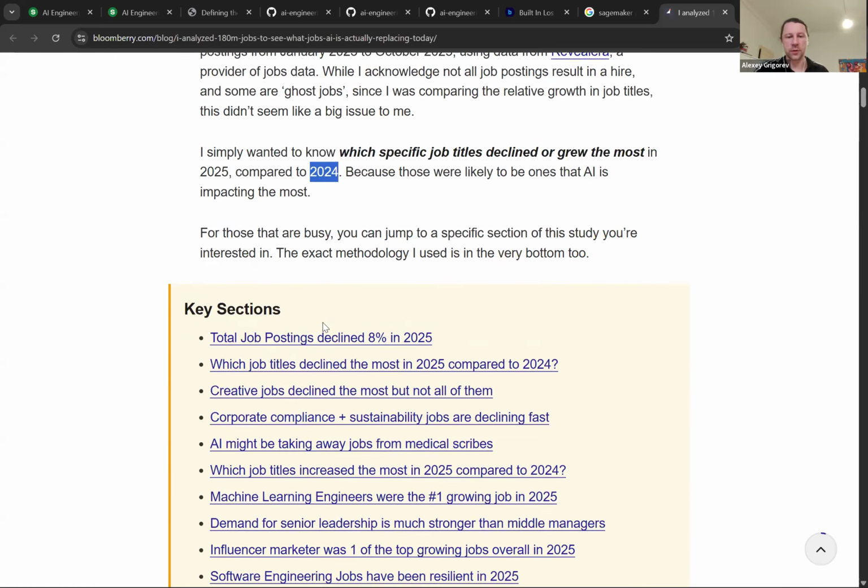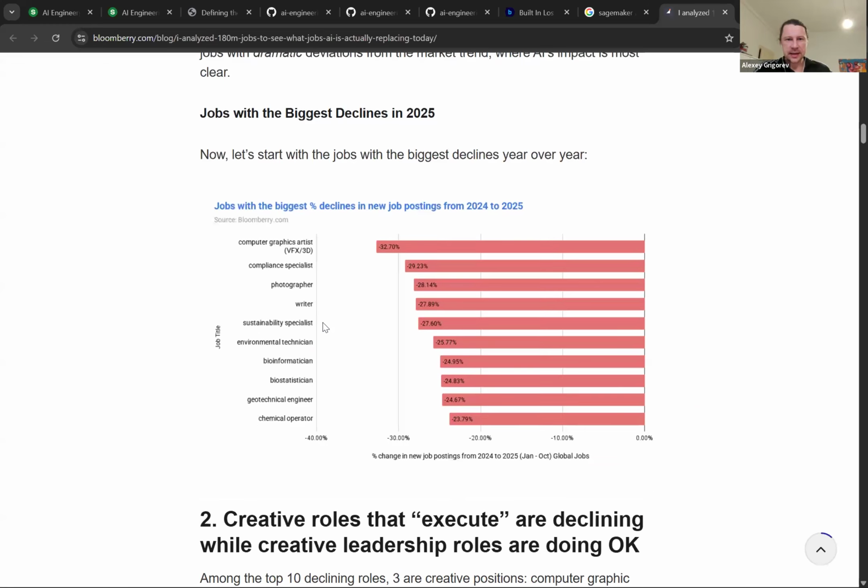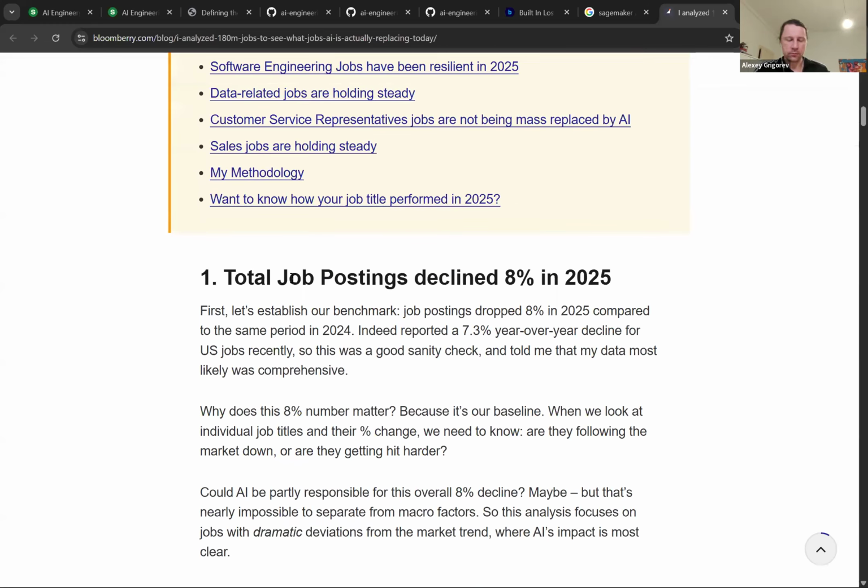Is it true? That's the main hypothesis. So they looked at the number of positions posted in 2025 and 2024, and at the difference, to see how much the job market dropped.